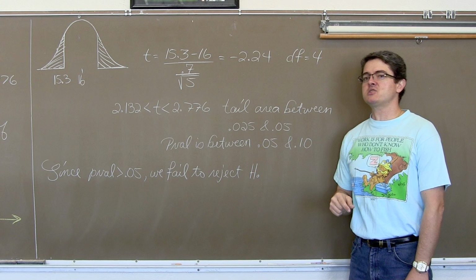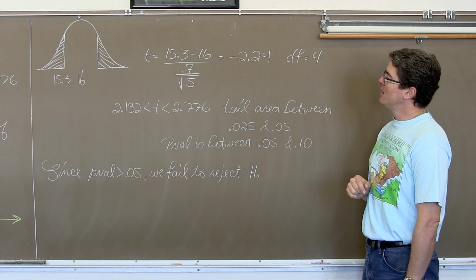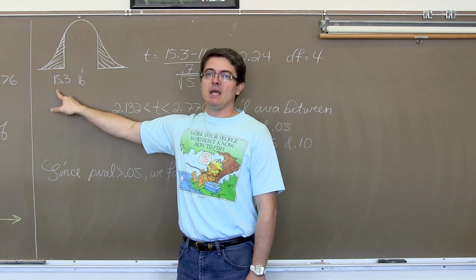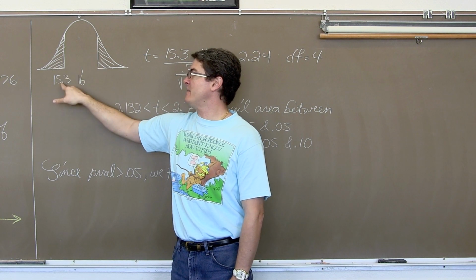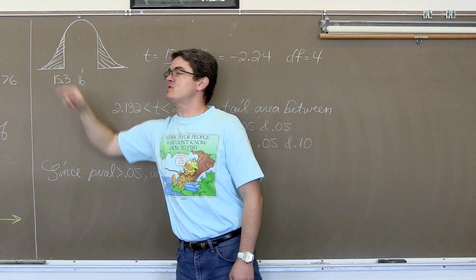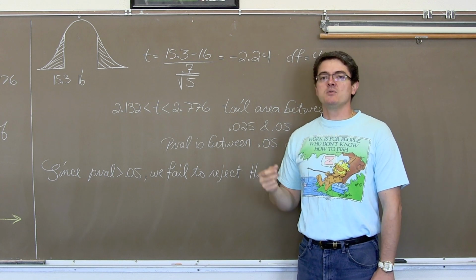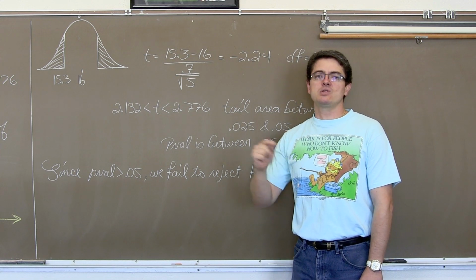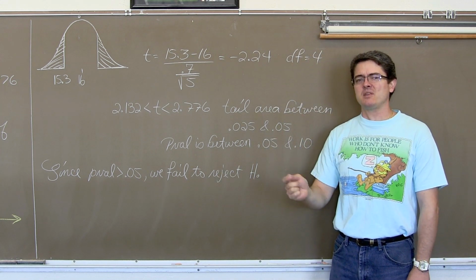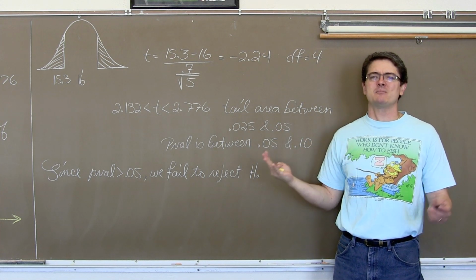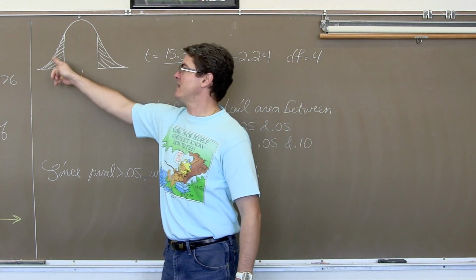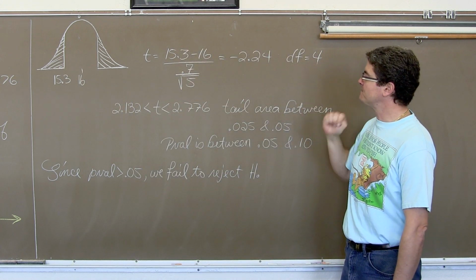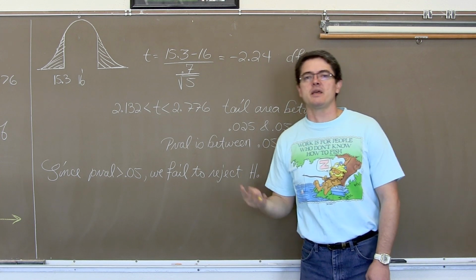So we get a t-score of negative 2.24. It's negative because our statistic is to the left of the mean, and indeed, you see that my statistic is left of the mean, but I'm not just shading the lower tail, because again, it was a two-sided alternative test. I'm concerned about the item weighing too little or too much, but I can't have something that weighs too little and too much at the same time. That's impossible. You just have to remember that with a two-sided test, you find the area of one tail. Again, the degree of freedom is 4. So, well, I'm getting ahead of myself. You find the area of one tail and you double it.